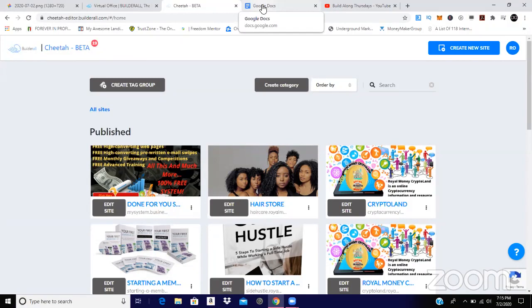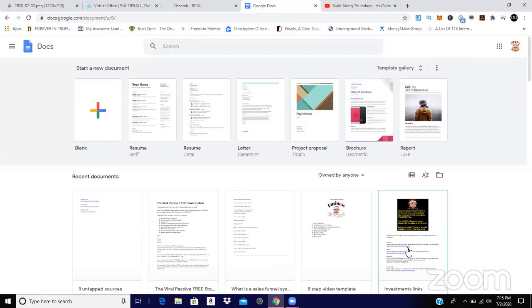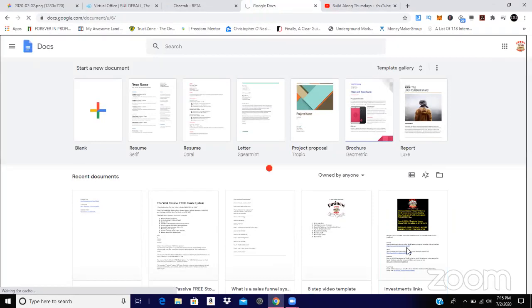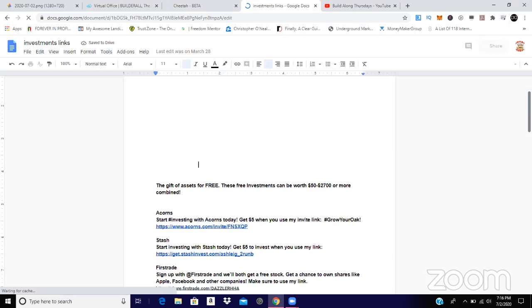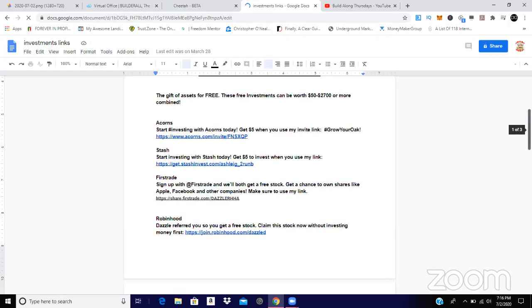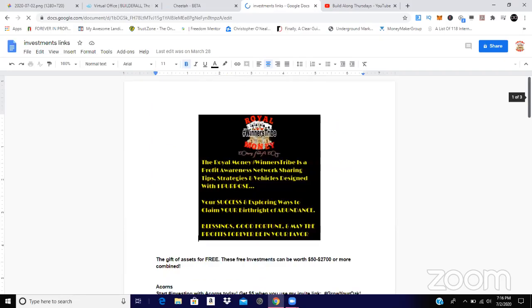So I actually have some of my links already set up because this is what we're going to be building the funnel around: investments, aka stocks. This is from an actual download that I was giving out not too long ago. So you see, I have some stuff on here that I want to put inside of my funnel. Now, like I said, most people want to be consumers before they would like to be investors. So the first end of our funnel,